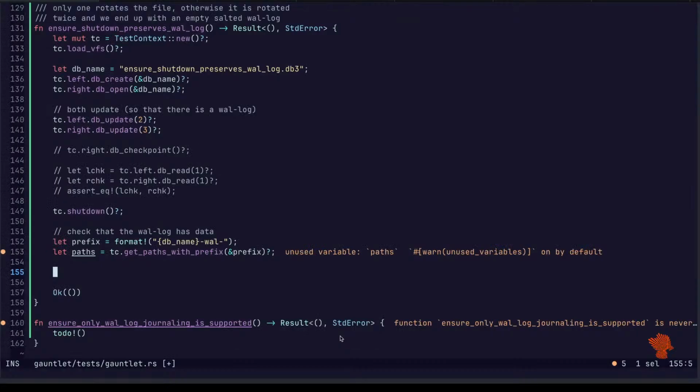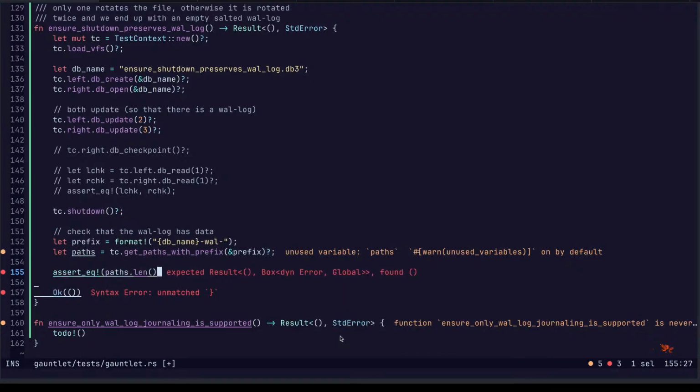Okay, yeah, there should only be one. I can get behind that. Assert equals paths dot length is 1,